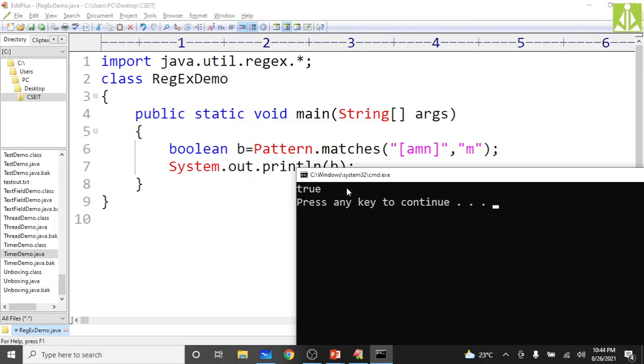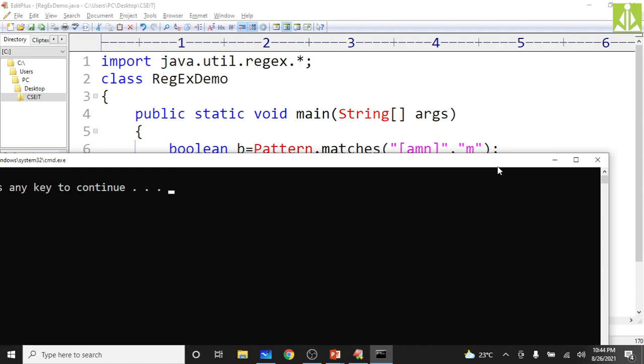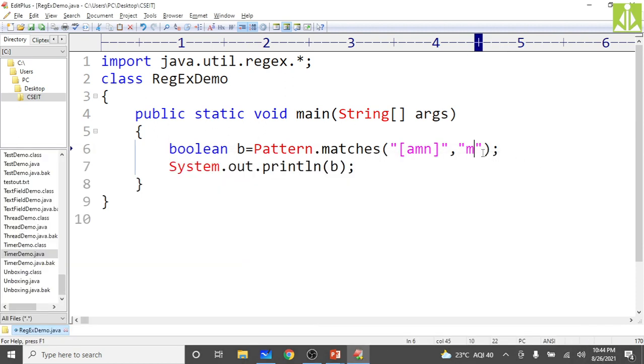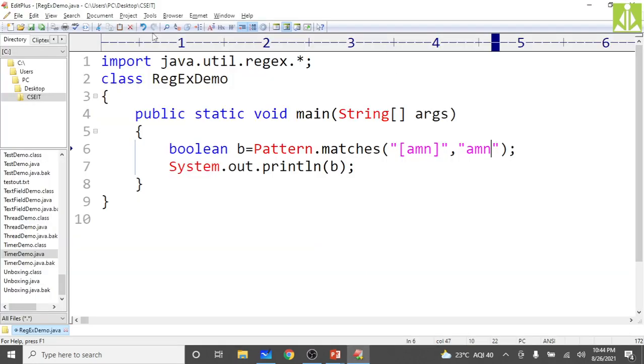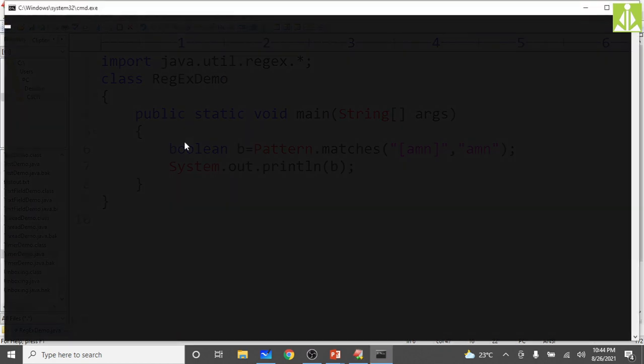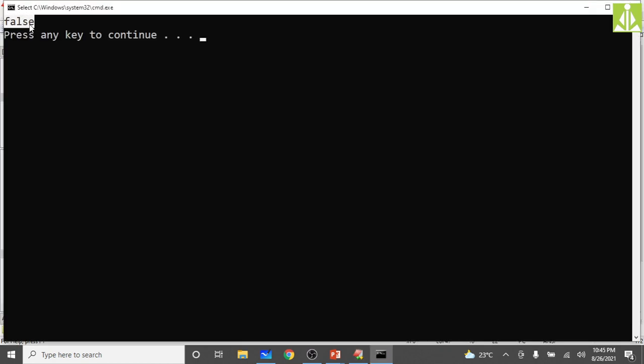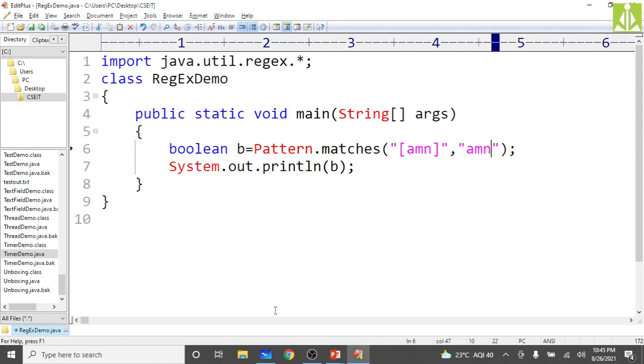As you can see, we got true. So if you put A, if you put M, if you put N, like this, is it true? Same regular expression type we are passing over here. Is it true? No. Why is it not true? Because the regular expression is saying only one character inside the string is allowed, but you are taking three characters, so it is false. Hopefully you understood.